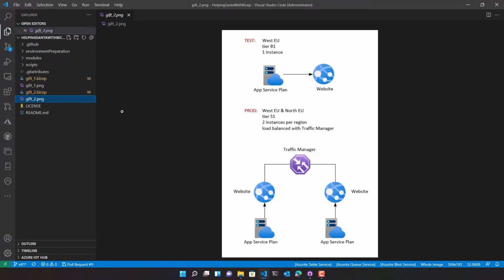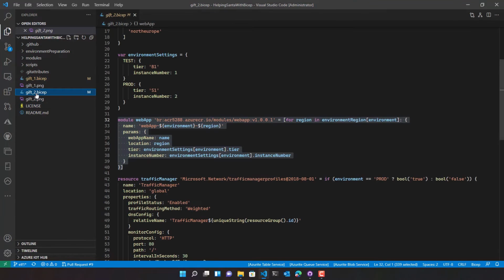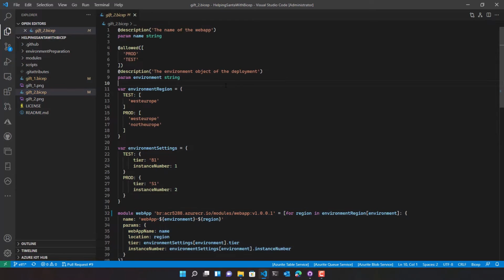We can handle all this stuff with a single Bicep file, that is this one for gift number 2. And to do this, we leverage the dynamic capabilities of the Bicep syntax to iterate between arrays that are different in size for the test and prod environment.